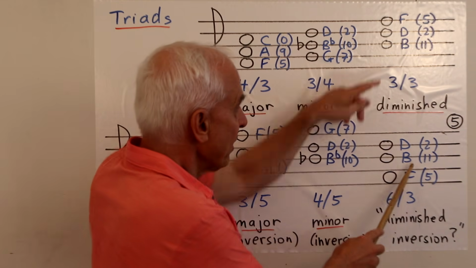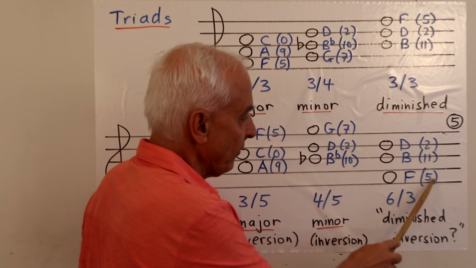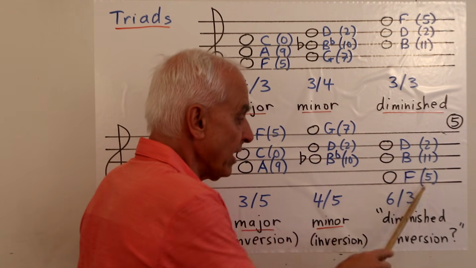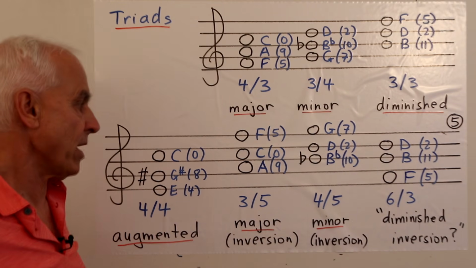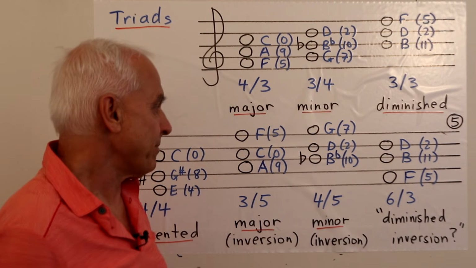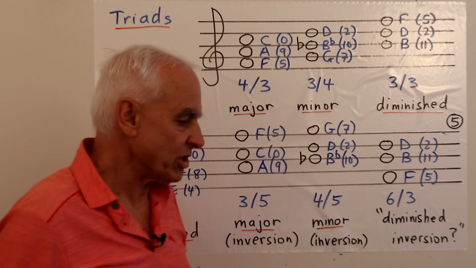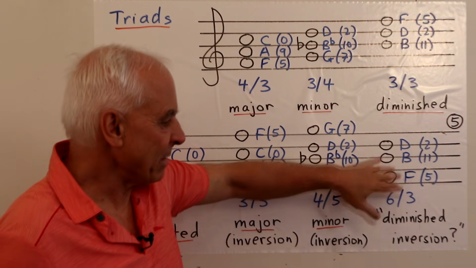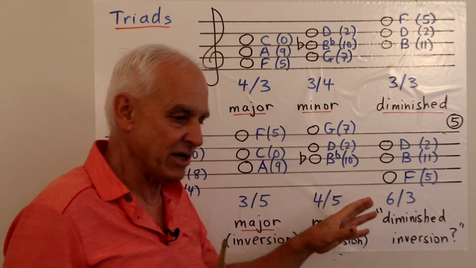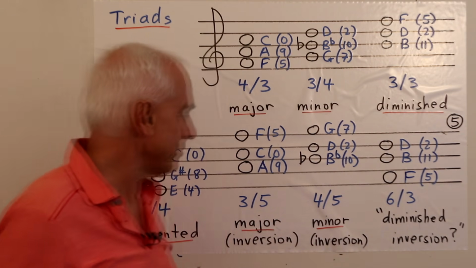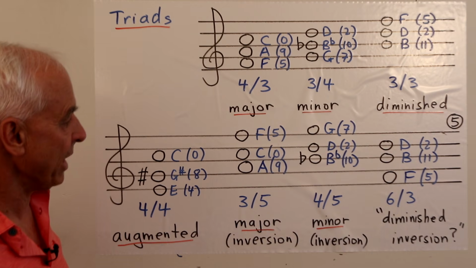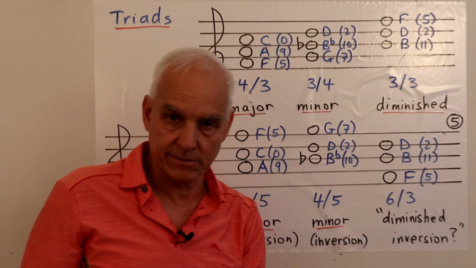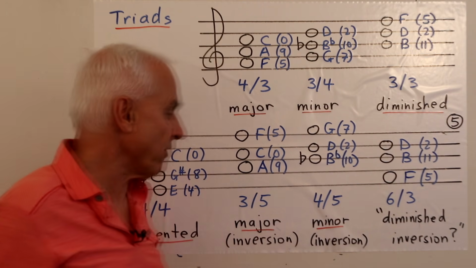So now we have F, B, and D, tones 5, 11, and 2. Then the intervals are 6 and 3. So we get a 6/3 triad. Now, you could call it a diminished inversion, but I'm a little bit reluctant to do that. I'm not sure what a jazz theorist would say. It's a little bit far removed from the usual diminished, but okay, maybe you could call it this. Maybe people can tell me what the proper name should be. But in any case, it's certainly related to this diminished chord by being an inversion of it. Okay, so it deserves the name of a diminished inversion.